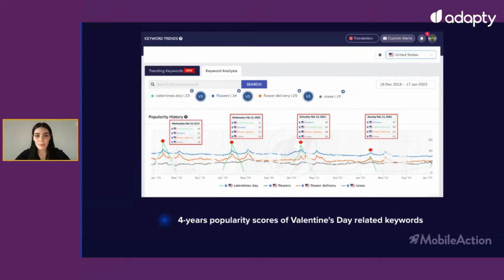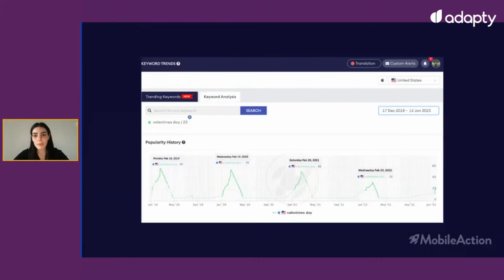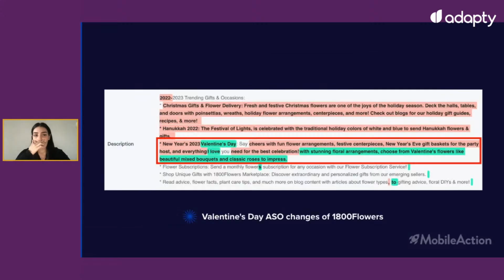And let's check some insights that we caught during Valentine's Day. When we look at the 4-year popularity scores of the Valentine's Day, flowers, flower delivery, and roses keywords, we see that their popularity increases during Valentine's Day time, which trended again this year.